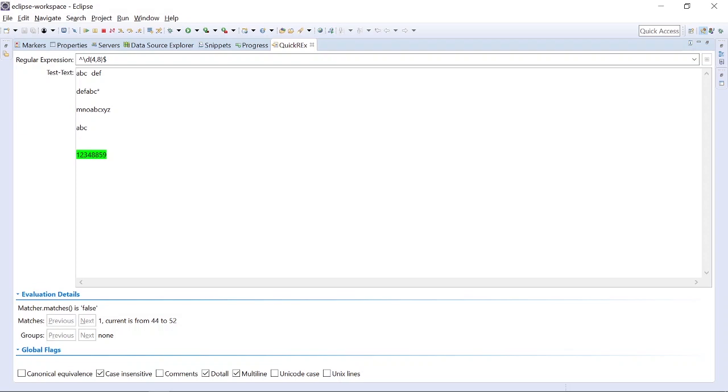Now there are a few other symbols also available which act as meta characters. Now see this, I will remove everything and I will write a dot here. Now what does this dot mean? We have already discussed that it will match one character of anything. It can be a letter, a digit, a special symbol, anything.